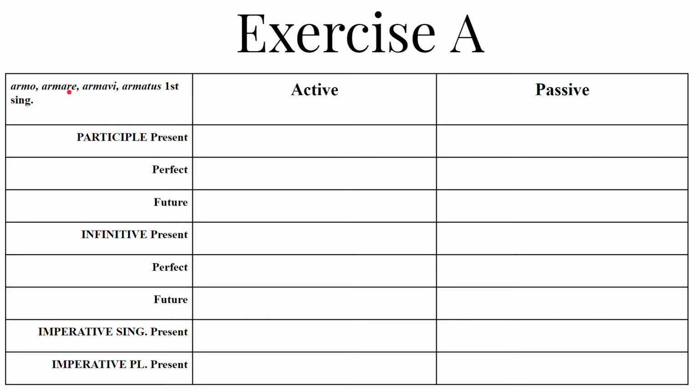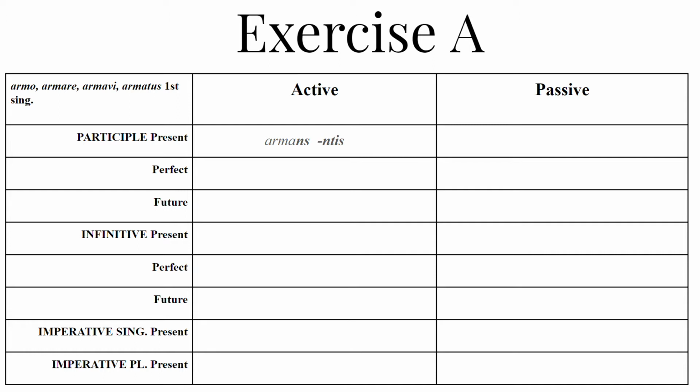Go to the second principal part, chop off the re, and you get arma. And then we're going to add ns for the nominative singular, masculine, feminine, and neuter, and then ntis for the genitive. So armans, armantis. Because participles are verbals, they come from verbs like armo, armare, armavi, armatus, and they are also